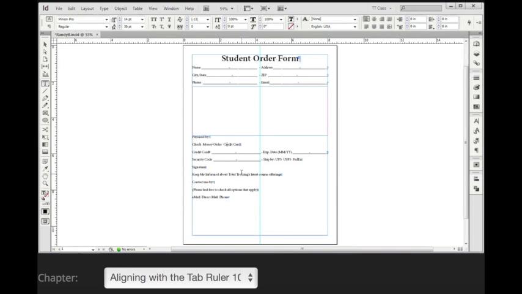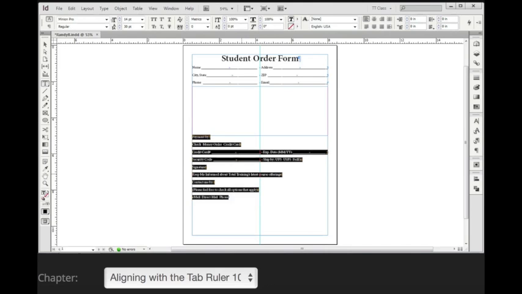So I'm going to go Control A since I'm working on a Windows PC to highlight it all. You'd go Command A if you're working on a Mac. You'll see that type set for 14 point on 30 point. That's exactly what we want to do. And what we're going to do is set up tabs to match up with what we'd set